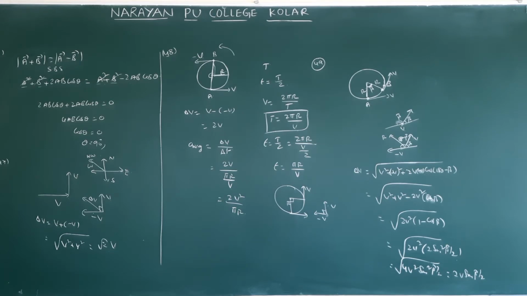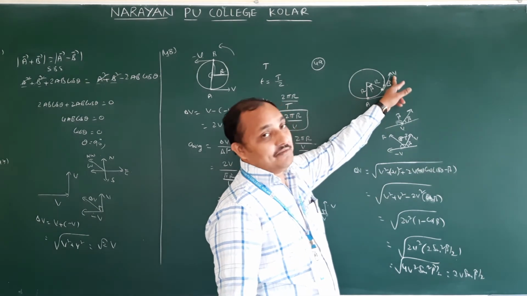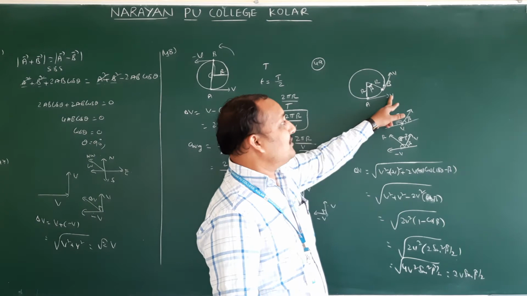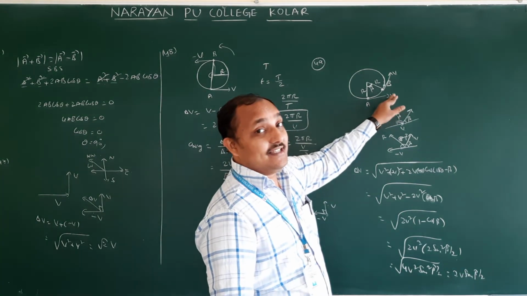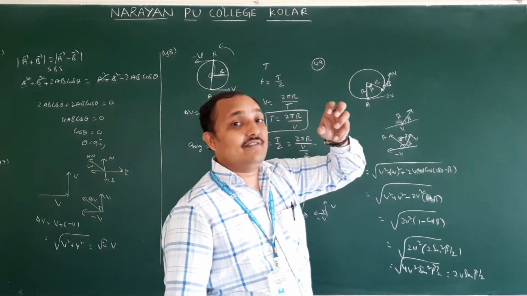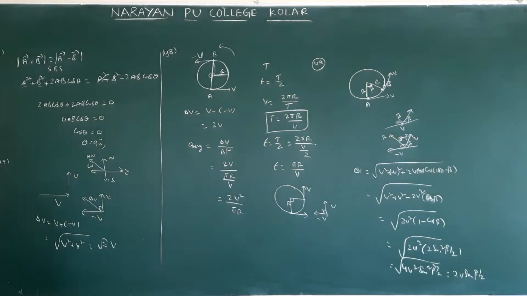Next they are asking change in magnitude of velocity. Change in magnitude of velocity means this is V, this is V. Both are in different directions. So here V, here minus V. Magnitude will be same. Magnitude is same means this is 10 meter per second, this is also 10 meter per second. Therefore change will give 10 minus 10. That is nothing but 0. In all options they gave change in magnitude as 0. 2V sin beta by 2. Therefore which is the correct option now? Second option is the correct one. Okay. Next is question number 50.